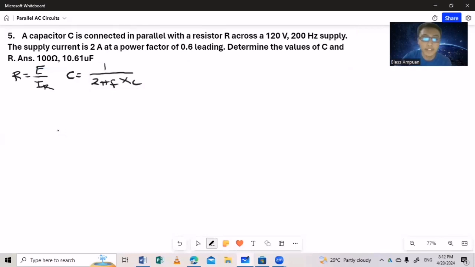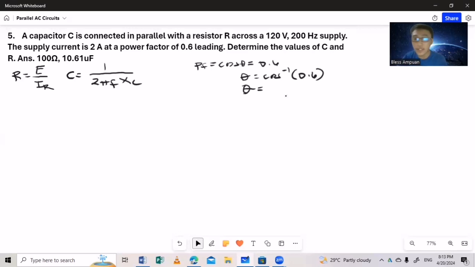We know that the power factor is equal to cosine theta, equal to 0.6. So therefore, cosine theta is equal to 0.6. With that, using your calculator, the inverse cosine of 0.6 is equal to